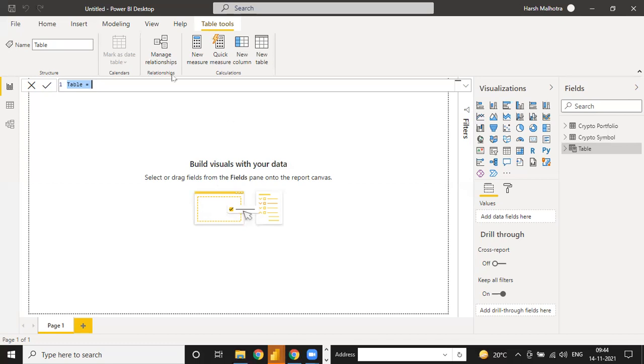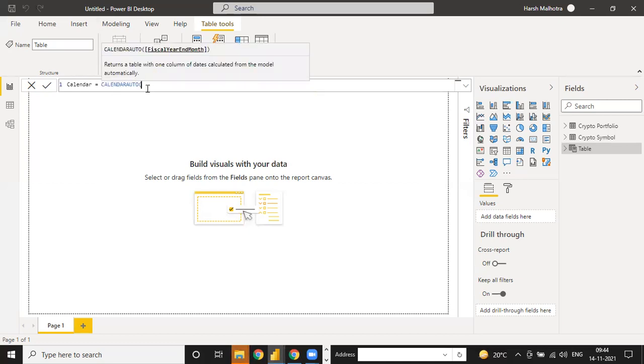Yeah, so guys, here in the table tab, we have created a new table. And now I'm going to show you how to create a calendar table manually. In this calendar table, we have the CALENDARAUTO function.